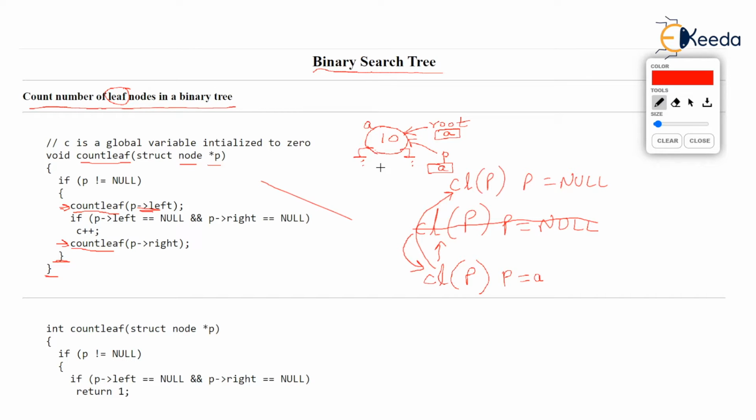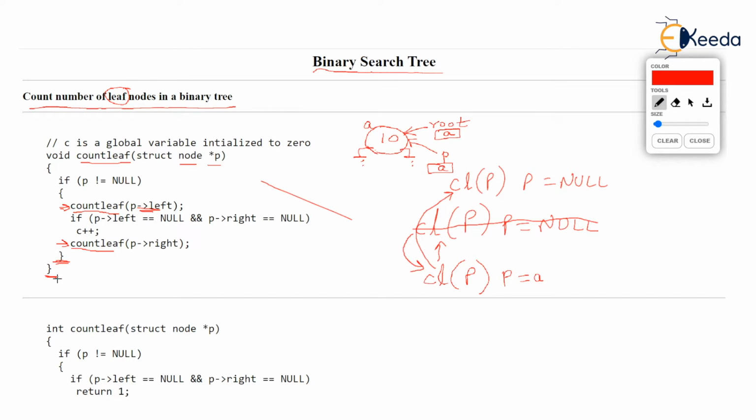If count leaf is called with p equal to null, the if statement is false. If p not equal to null is false, in fact p is null, so none of the lines written in the if will run, and the if will end and the function will end. So count leaf null simply ends.